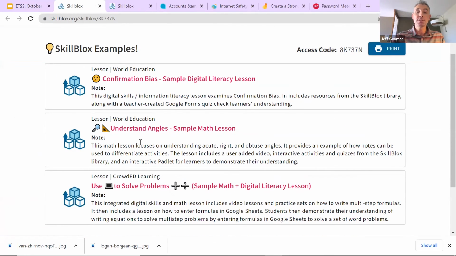One for digital literacy, one for math, where I've integrated an interactive Padlet so that students can take pictures demonstrating their understanding of angles, and a math and digital literacy lesson where they learn about formulas and order of operations, and then they learn how to enter formulas in Google Sheets, and they solve word problems by entering the formula for multi-step problems so that they demonstrate both their understanding of order of operations, but also how to enter formulas